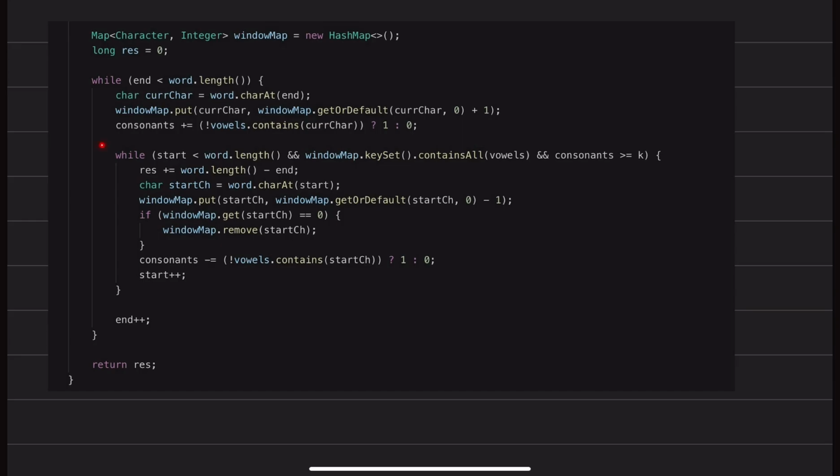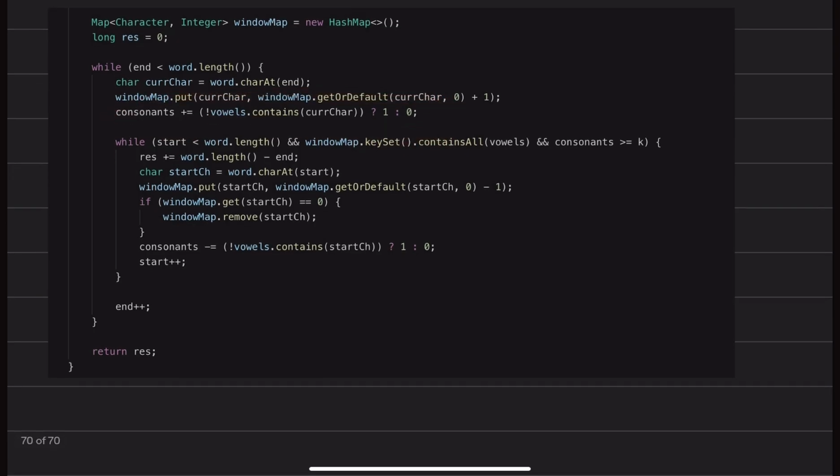Okay. Then I'm also maintaining that consonant variable, right? For this consonant variable, whatever the current character is at my end, I am just incrementing the consonant count if it is not a vowel. Okay. So if it's not a vowel, I'm just incrementing the count. After that, what I'm doing is